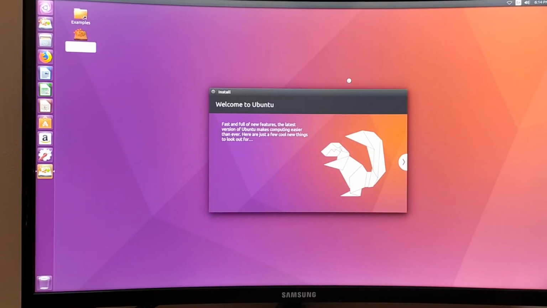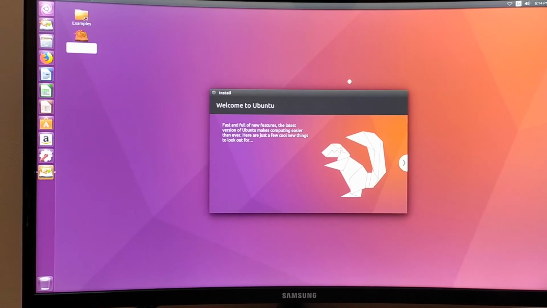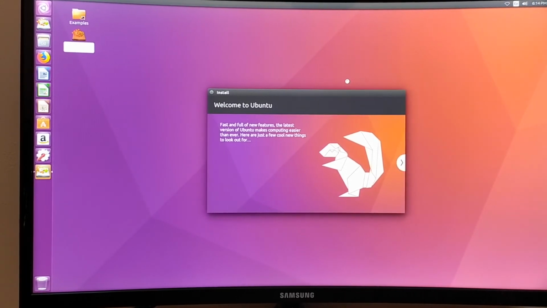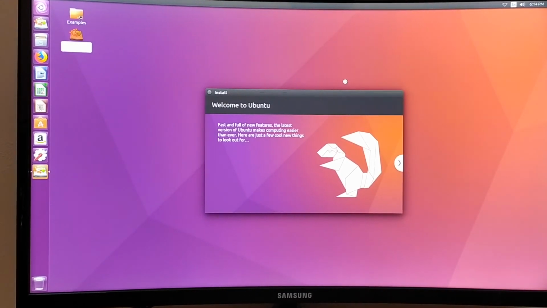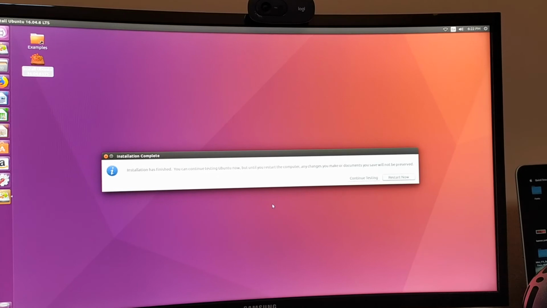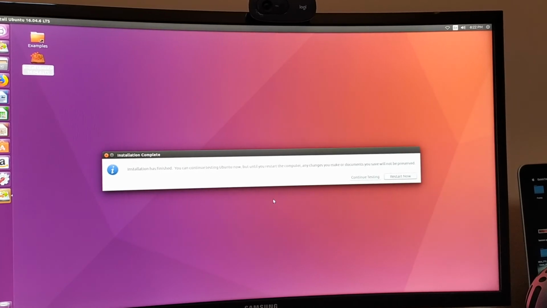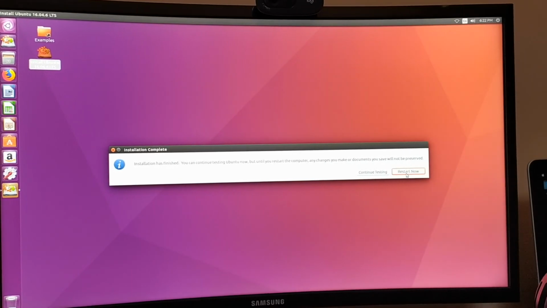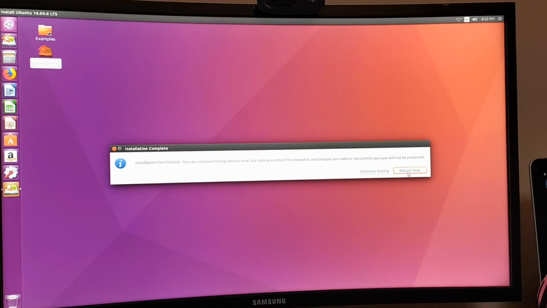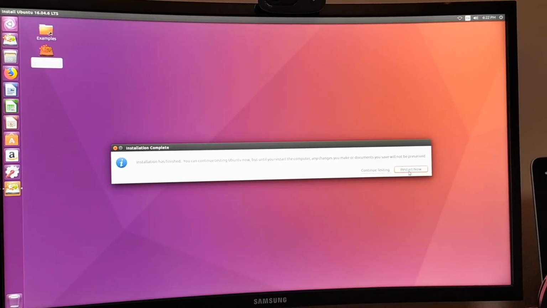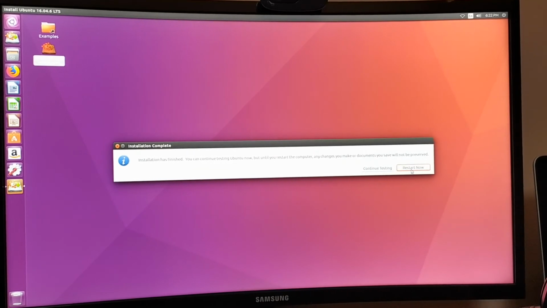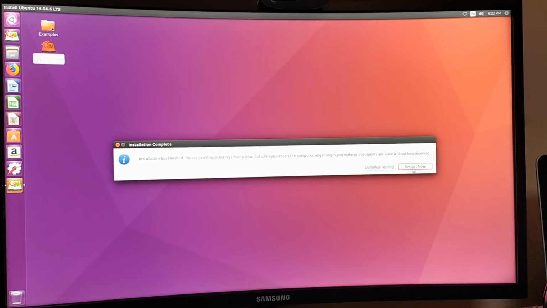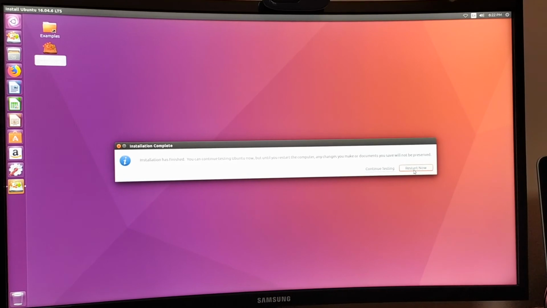Now it will take a few minutes to do the entire installation process, and once it finishes, you will be able to see in the progress bar that it's done. As we can see now, the installation is complete. But do remember that once you press restart, you will need to remove the pen drive once the system has shut down completely. So you wait for it to shut down, then remove the pen drive, and then go into your boot menu again.